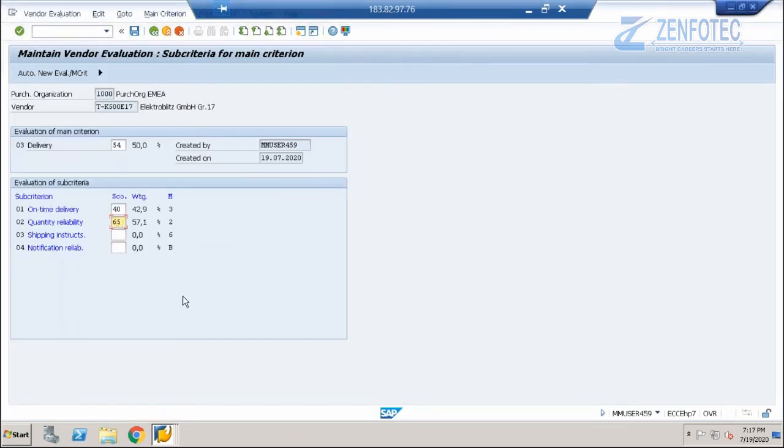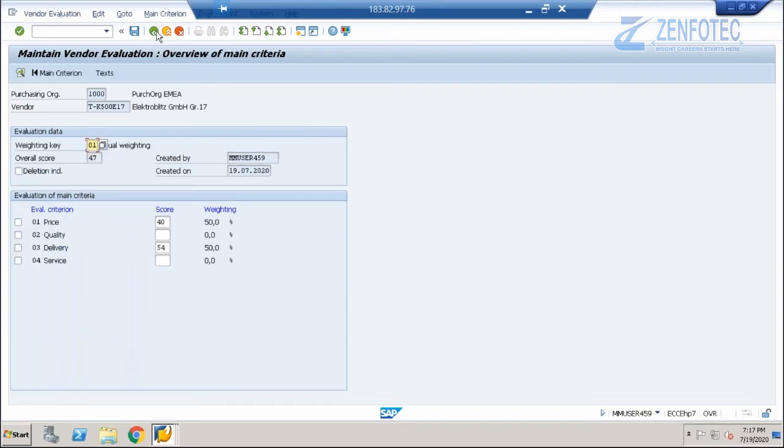Now the system, what it has done: 65 multiplied by the weightage, because other things we don't have, so it has made it 0. 65 multiplied by 57.1, there's 57.1% of 65 and 42.9% of 40, and it has calculated the score of this one. Now 50% of 54 it has given, and the price is 40.